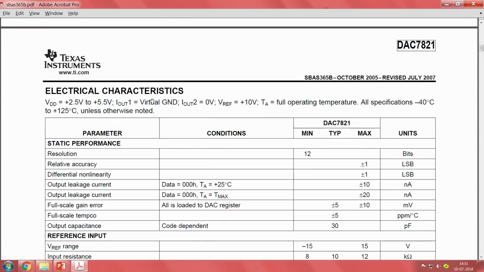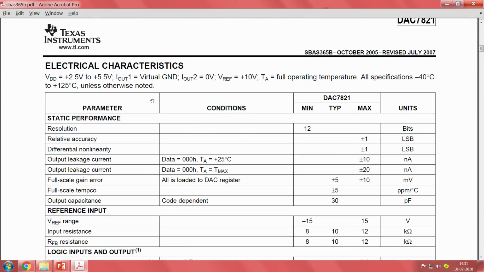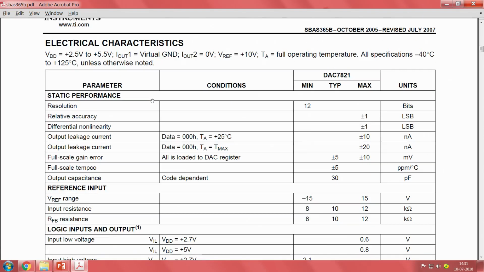Next is electrical characteristics. This also we have seen. Things like the output leakage are very high-level details that we do not need when making a design; we only see the main things. Gain error and leakage current are fine. But from a design point of view, what is the voltage reference range? It can go from minus 15 volt to 15 volt. This is the maximum and minimum value that will be used to get your analog step voltage, whatever we saw, 15 minus 0 by 2 raised to 12, and all that will come from here.